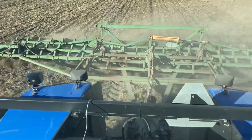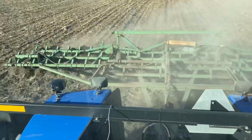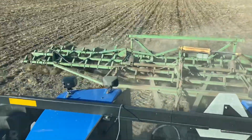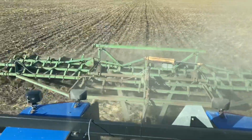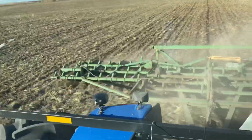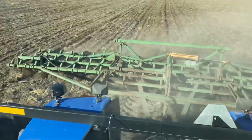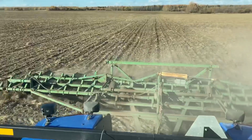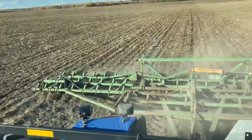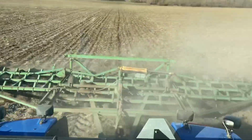But you know what, the cultivator is probably 35 years old, so maybe even older. So I really doubt I'm gonna take any value out of it by pulling it at 7.5 miles an hour. And it's actually doing a pretty nice job. I do got some shovels I gotta replace on it. I'm not gonna do that until this field is done. I just want to get this Bonanza chemical worked in, and then we are supposed to start getting the rain and snow tomorrow, so there'll be plenty of time to go over it, find the grease nipples, give it a greasing,